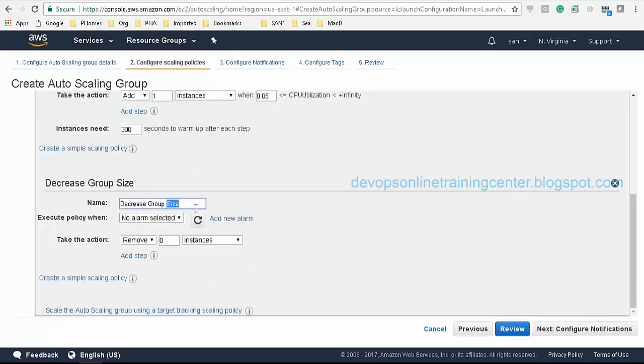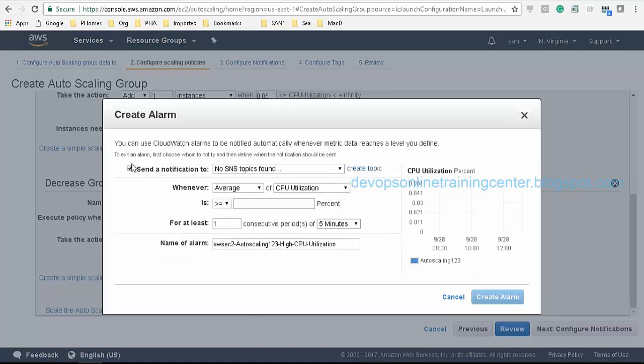Now this is to decrease the group size. So I'll say scale in policy. Here also we'll add a new alarm. If the average CPU utilization is, let us say, less than or equal to 0.05 for at least one consecutive period of 5 minutes, remove the instances.